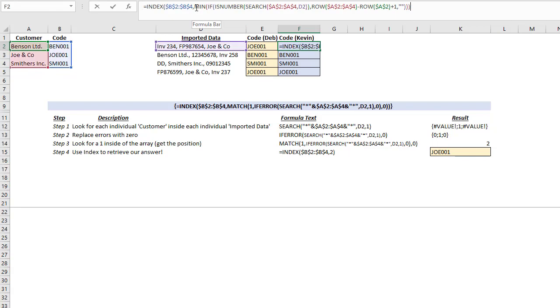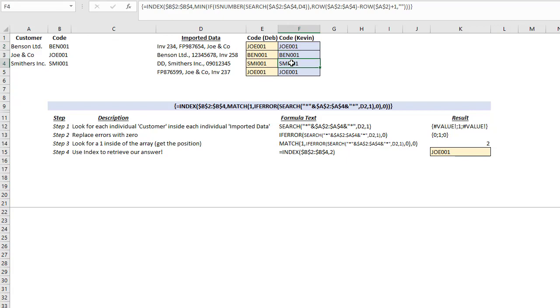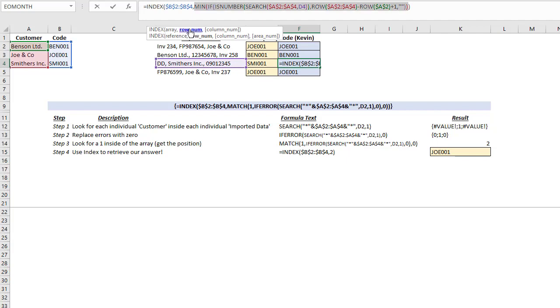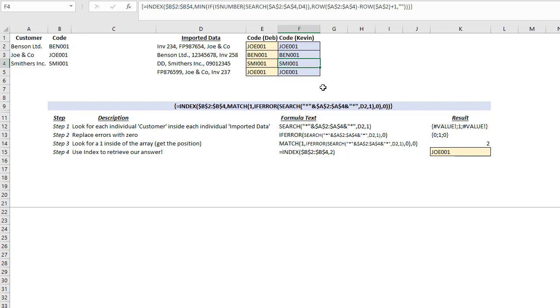So if I go back to this part, press row number, press F9, there's the same kind of idea, the vertical position. This is number 2. It'll be the Joe. And if we go down to this one, the DD Smithers, go in here, use the screen tip to press that part, F9, it's a 3, the third one, which is the Smithers Inc. So a couple different ways to do it,